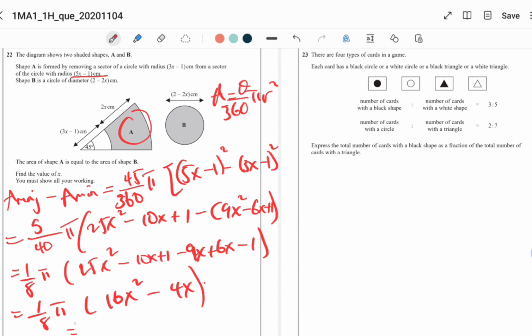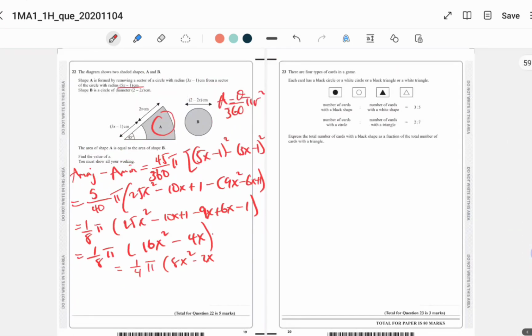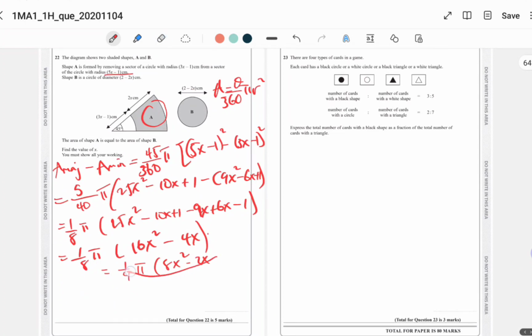This can be simplified. We can divide by 2 here. We're going to have a quarter pi into 8x squared minus 2x. Or why not divide by 4? Okay, sorry, it's easy to divide by 4, so hold on. That would be half pi, 4x squared minus x. Okay, now they say this is equal to the area of